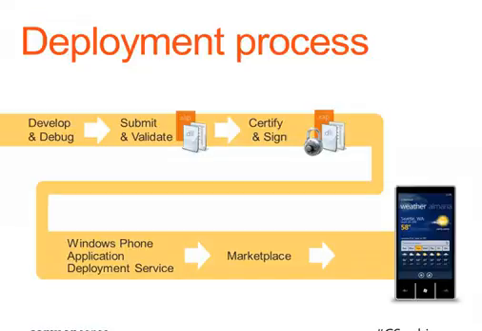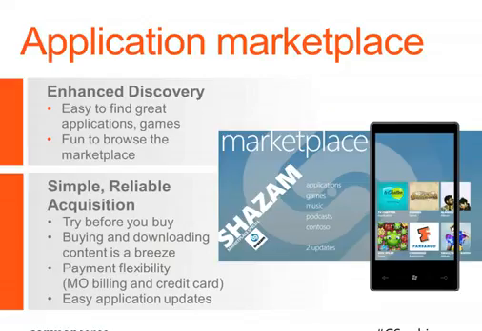Once that gets up and you get that certification and signature, it goes up to the Windows Phone Application Deployment Service. That packages it up and puts it in the marketplace. That marketplace is available on the desktop with the Zoom client. It's available on Bing Search. It's available on the phone itself. So once it's in that marketplace,